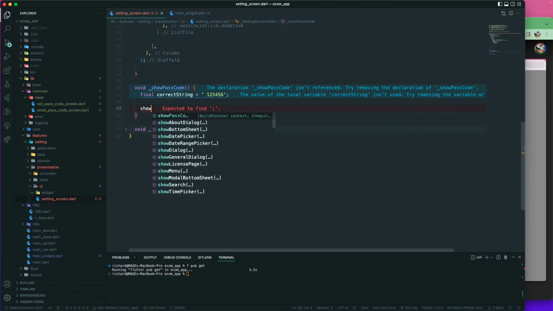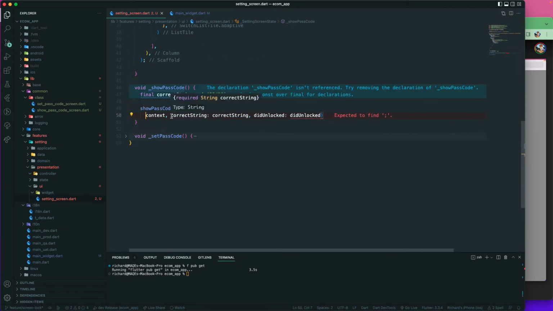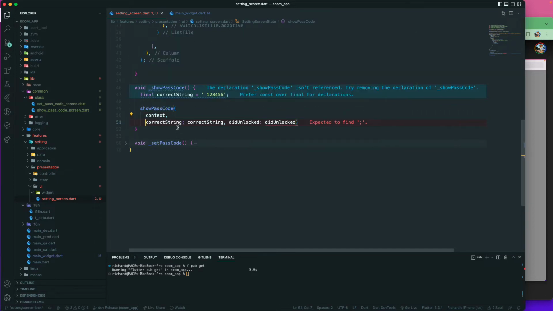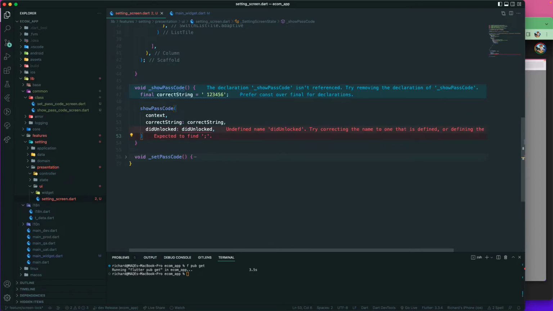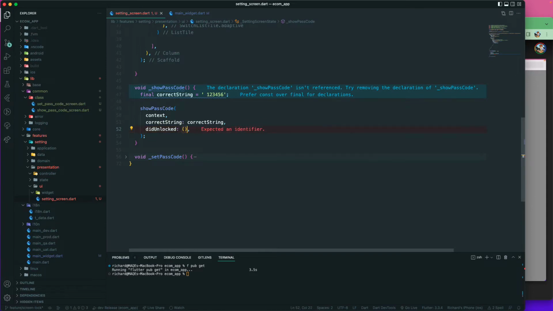And I can just say showPasscode, and here we need to pass in all of the information. So this showPasscode is the function that is coming from the mixin class that we have defined. That is the abstract class that we have previously created. And then we have a context, a string, that should be fine, and onUnlock is a function callback. And here what happens is whether the unlock was successful or not, whether the string that we pass in and the string the user entered did match or not. So here I can just